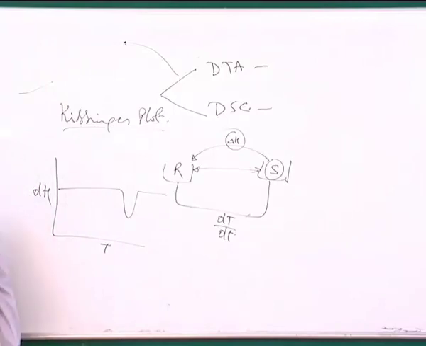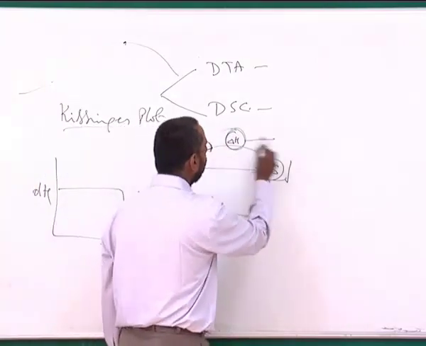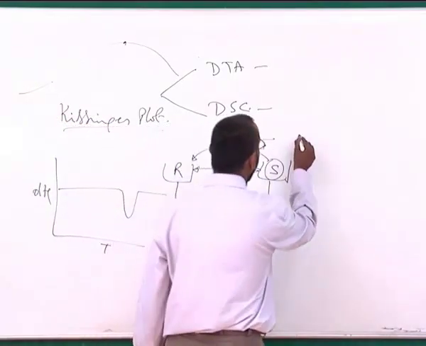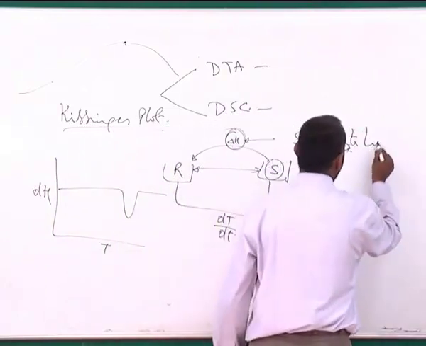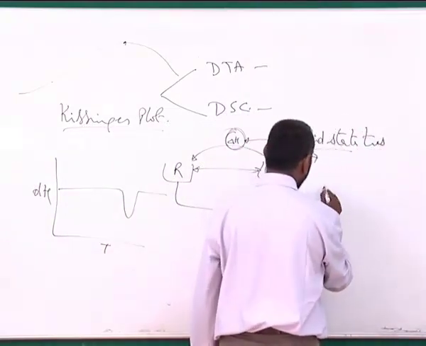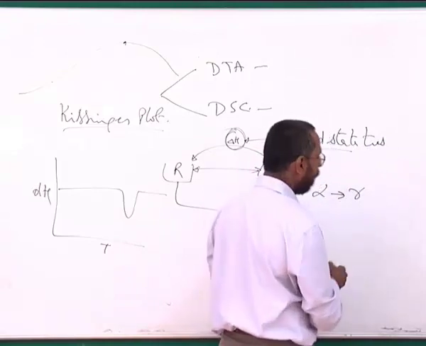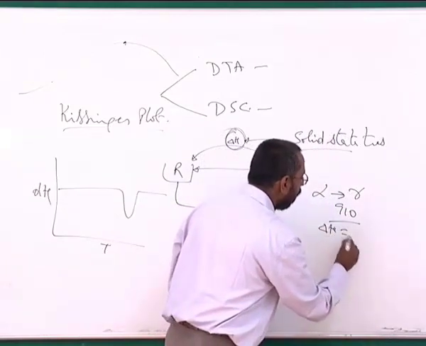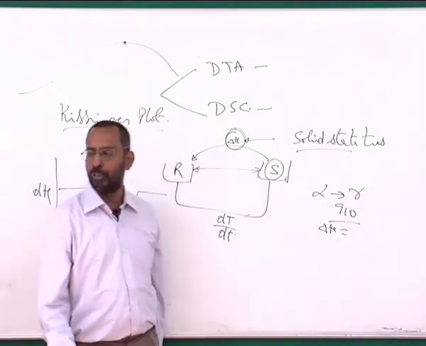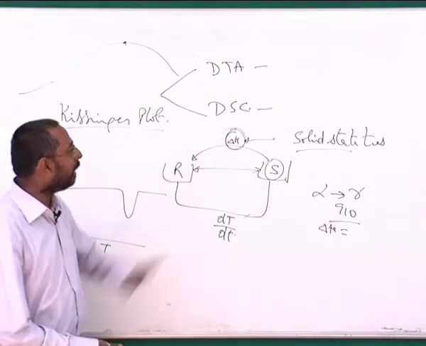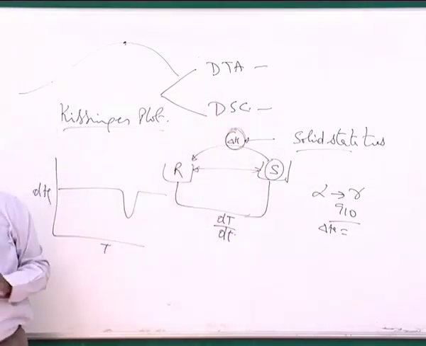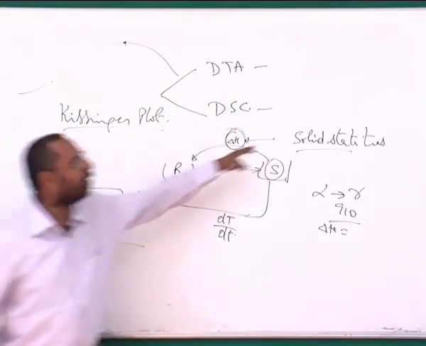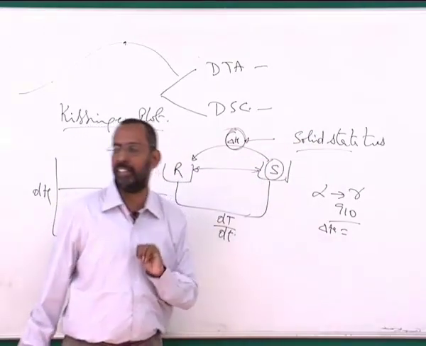So again here also you will see a similar situation, that you will get a peak at the transformation temperature. Because I am measuring the enthalpy, and this is a very sensitive technique for enthalpies, you can in principle find out solid state transformations, for example, the temperature where alpha iron changes to gamma iron, which is 910 degrees, where the delta H difference is just of the order of a few calories or a few joules, and you will be able to find it. DTA is not so sensitive for such enthalpy changes. So as a result, DTA is not generally used for solid state transformations,